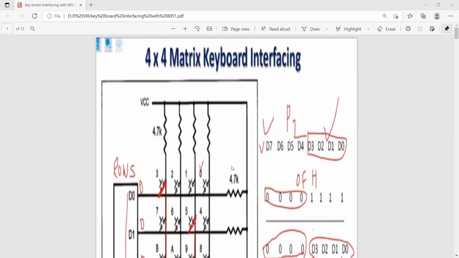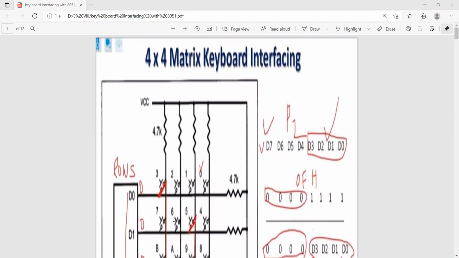But whenever you want to transfer data from the outside world to the microcontroller, you have to do one important thing. First you make that particular port's pins high by sending FF data to that port.